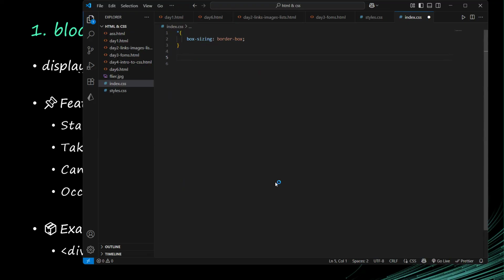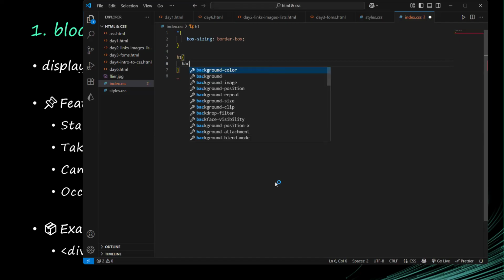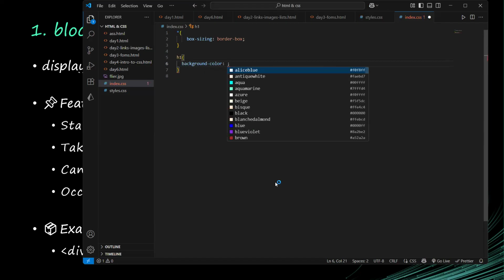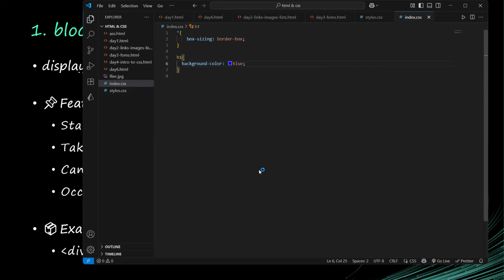I'm just going to pick the H1. I will add background color to be blue so that we'll see the width of this H1